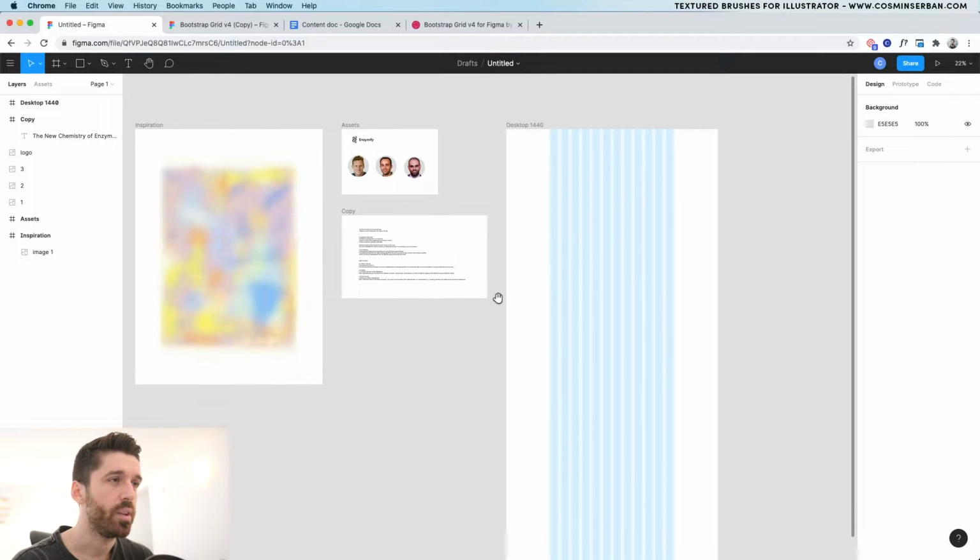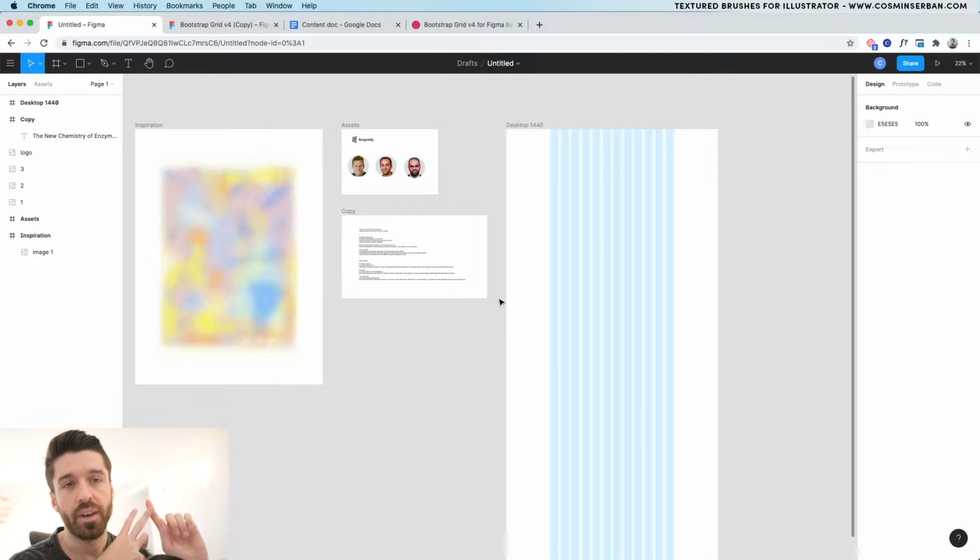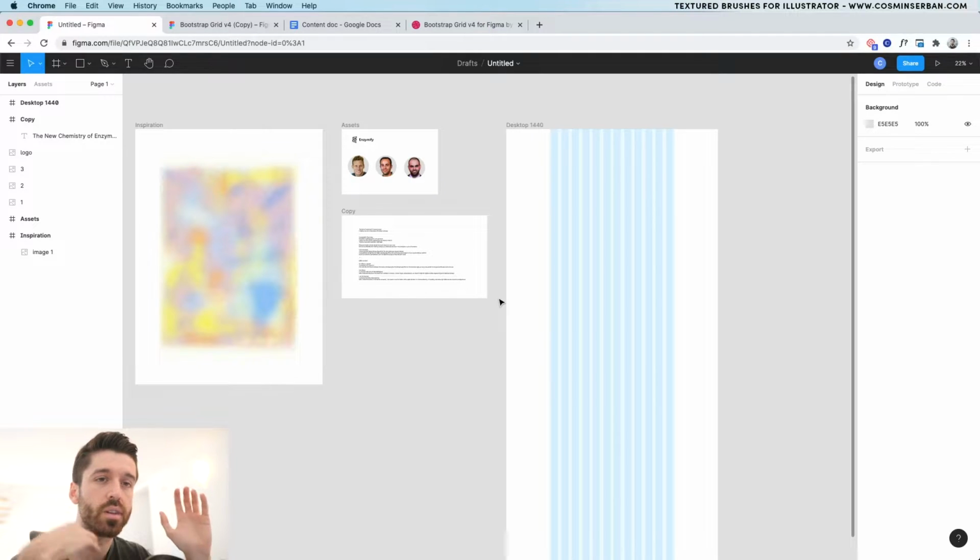Before I get started with the actual design, I want to give you a few tips on what would speed up the process when you're designing a page inside Figma. I'm always trying to think about typography and spacing. It's really important to start defining some of the spacing rules you're going to use and some of the typography you're going to use inside Figma.